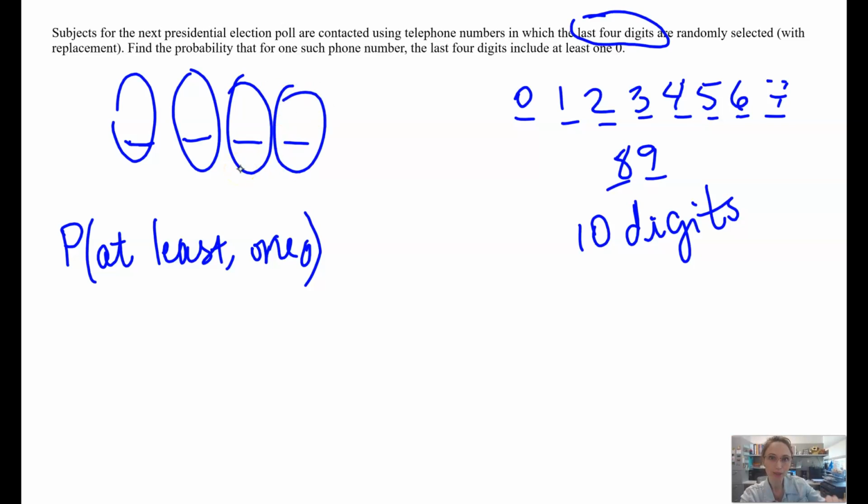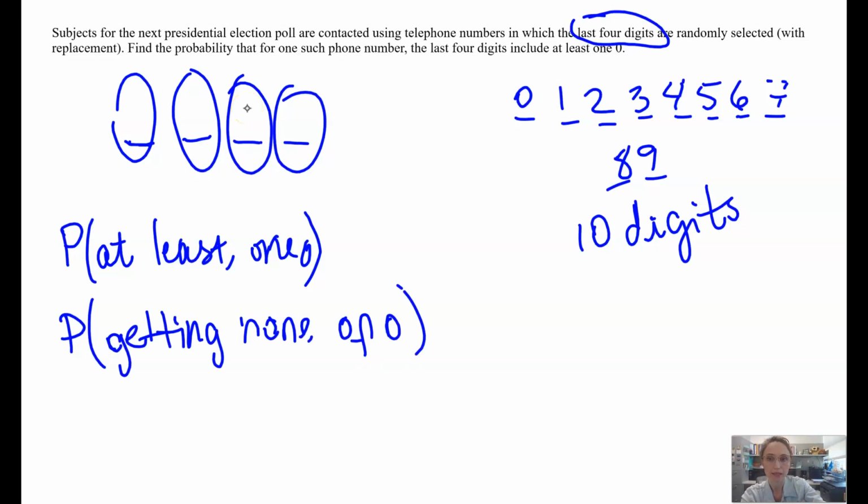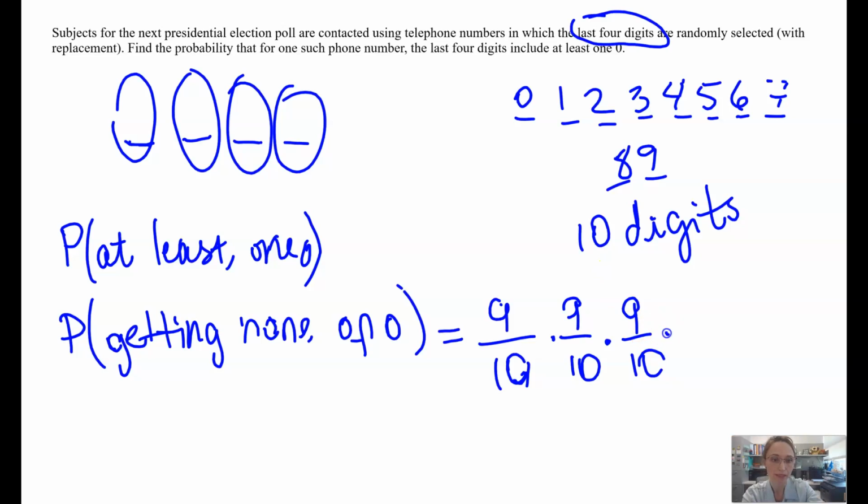the fourth. So what is the complement of getting at least 1 zero? Getting none of the zeros. The probability of getting none of the zeros is, in the first place, 9 other digits other than 0, 9 out of the 10 possible. And the second place, also 9 out of 10. And on the third place is 9 out of the 10, which are non-zeros, times the fourth place, 9 out of the 10. So basically we raise 0.9 to the 4th power,